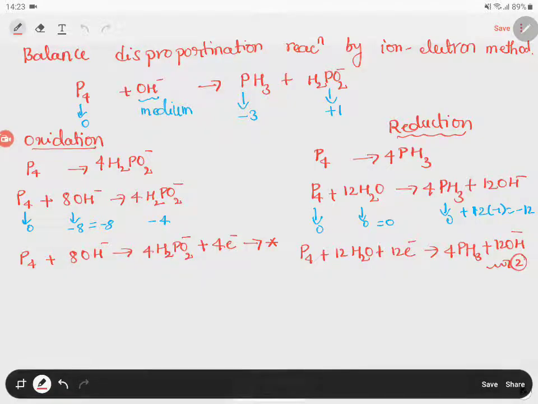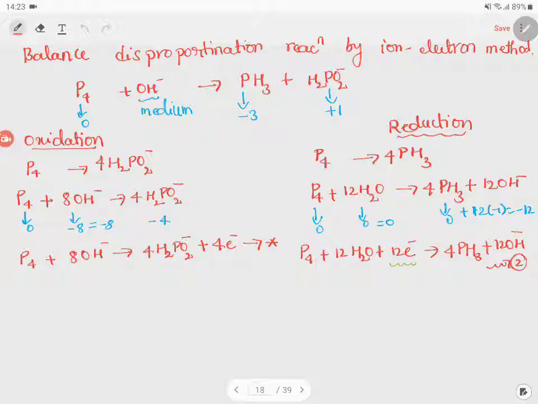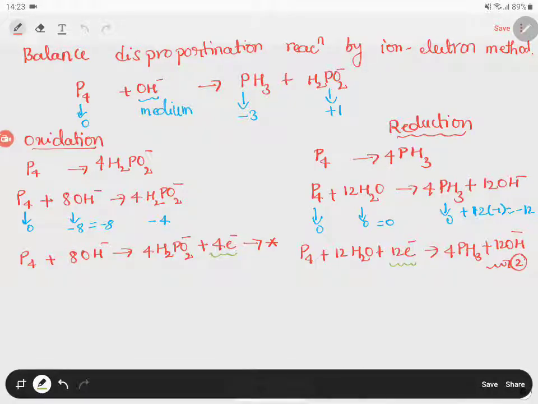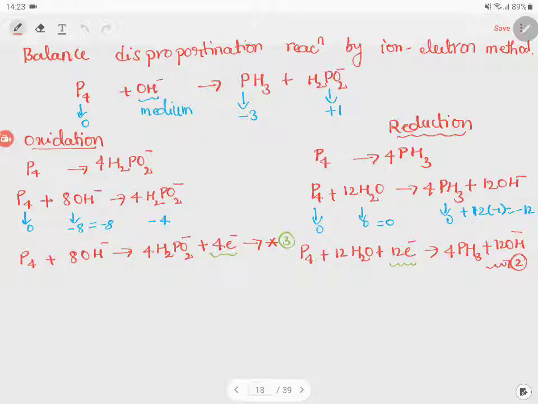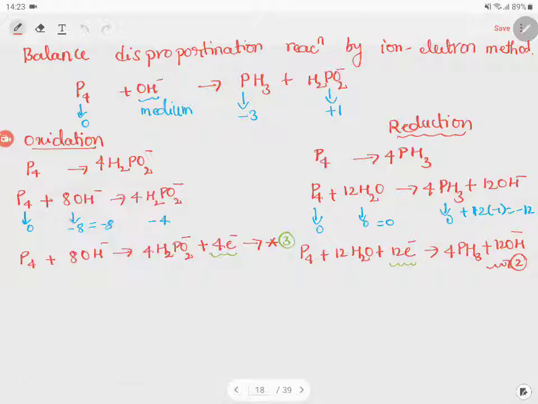Now in any redox reaction, we have studied that the number of electrons lost and gained should be same. So how to identify? After we balance everything, just look at the number of electrons. Number of electrons during reduction is 12. Number of electrons during oxidation is 4. That's not at all possible. We have to somehow balance it. How to balance it? I'll get 12 by multiplying 3. Therefore, when you multiply by 3, you get a new equation, that is